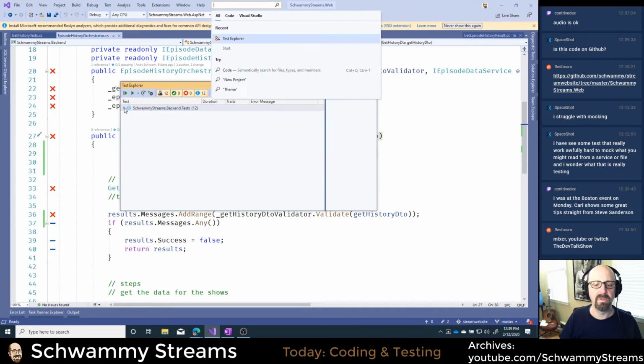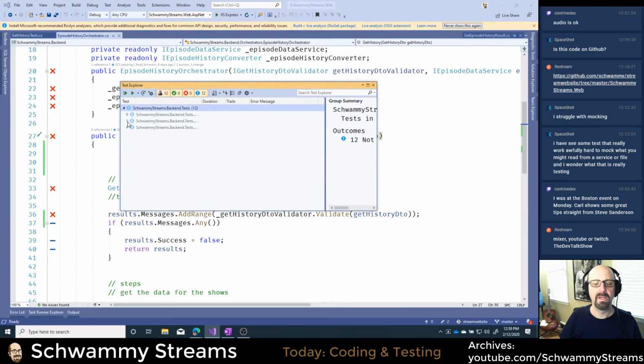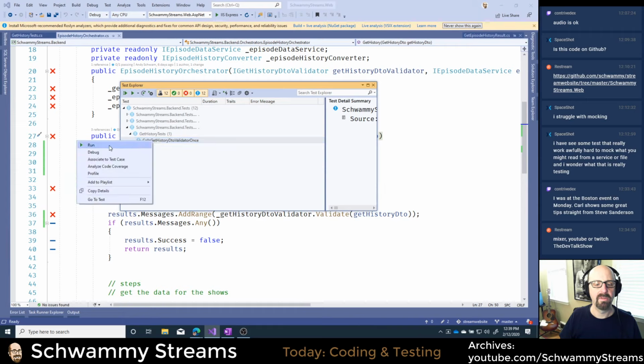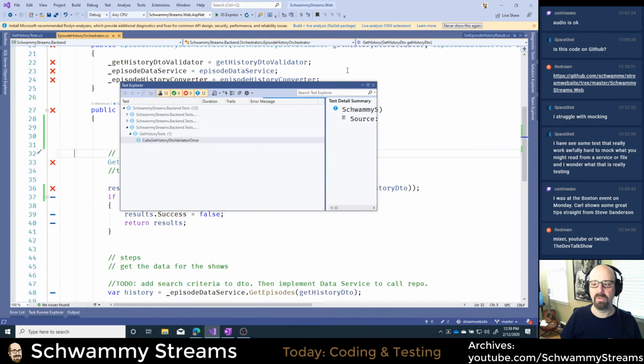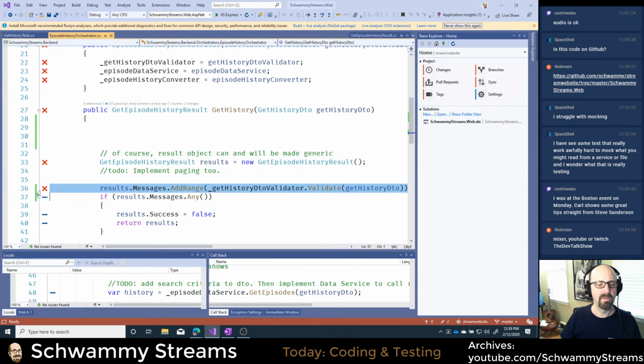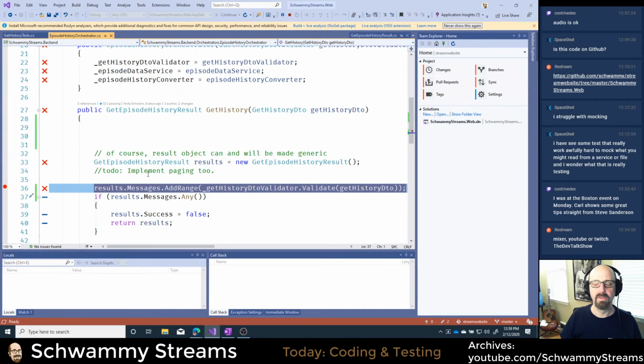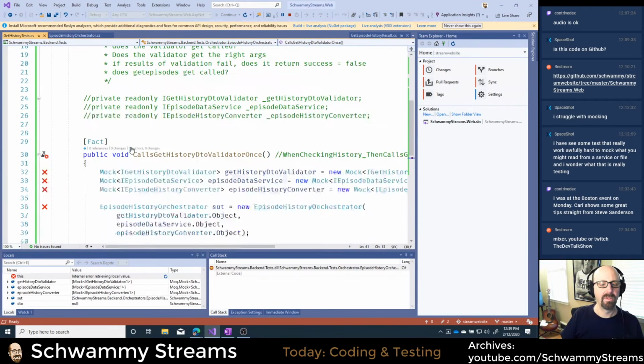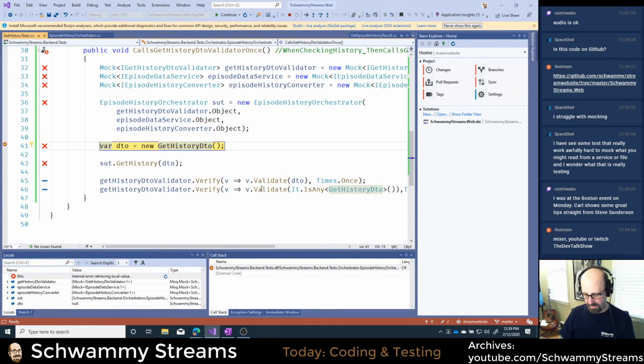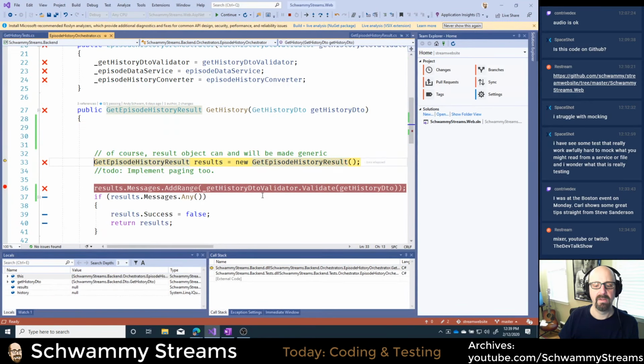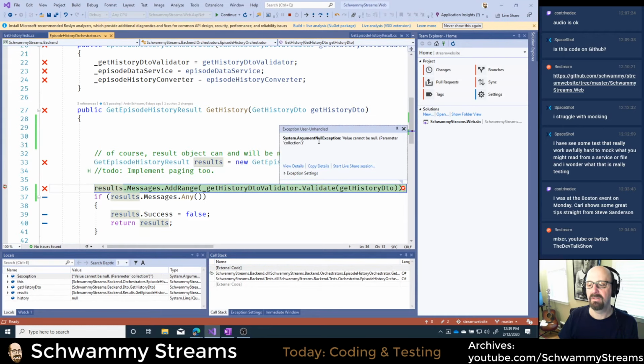Here's my test explorer. And if I go to, what's this blue mean? I don't know. Get history tests. And I'm going to try to debug this. You know what? I don't have a breakpoint in here anymore. Where did my breakpoint go? What did I do? Something got messed up. Is it okay? Good. Well, whatever. I got that test running, and let's see if that add range works. No, see, it doesn't like value to be null.